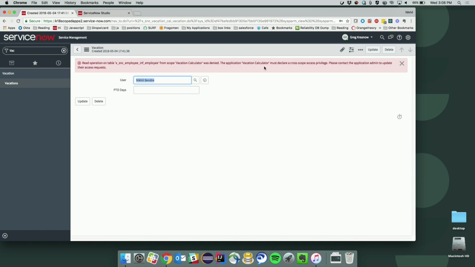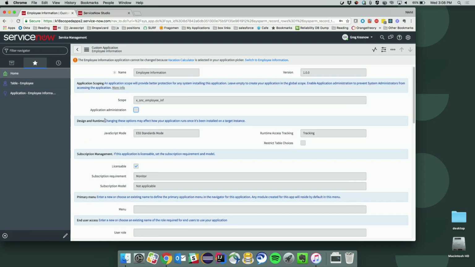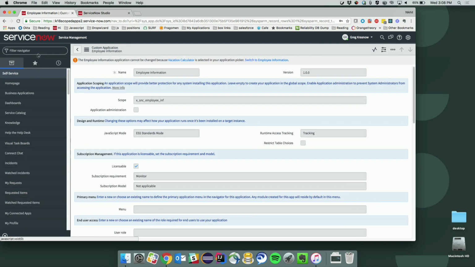The application must declare a cross-group privilege, and it asks me to contact the application administrator of the other app. Now, if I go back to the employee table, the reason I get this error